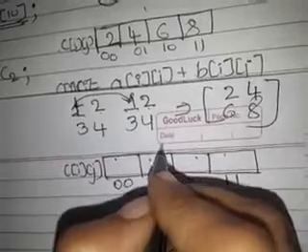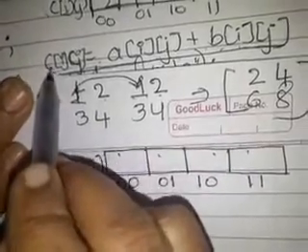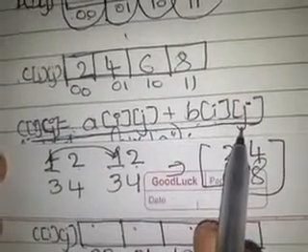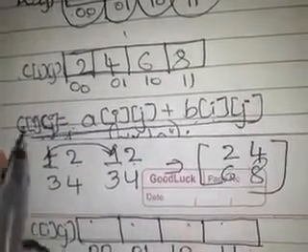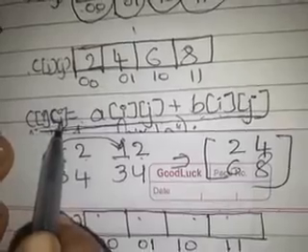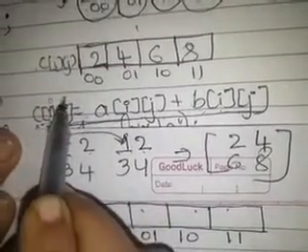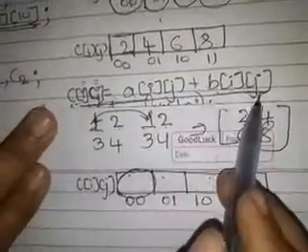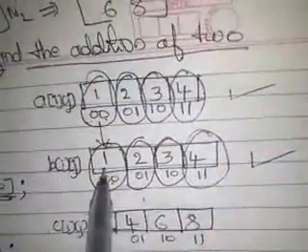So what to do for that? Simple thing. We have elaborated it with one formula: C of ij is equal to A of ij plus B of ij. So what am I doing here? In C of ij, assume the value of I is 0 and j is 0. In this place I am trying to put the value of A of ij and B of ij with I and j as 0. Definitely I can fetch these elements 1 and 1. So let me write the same thing here also.